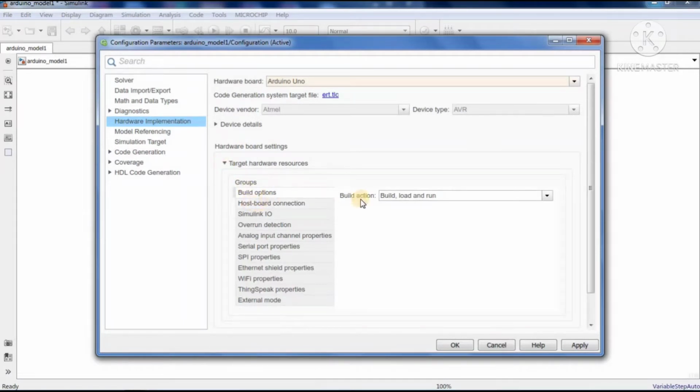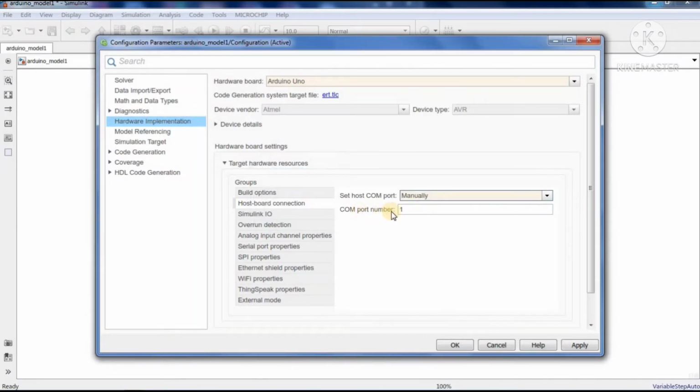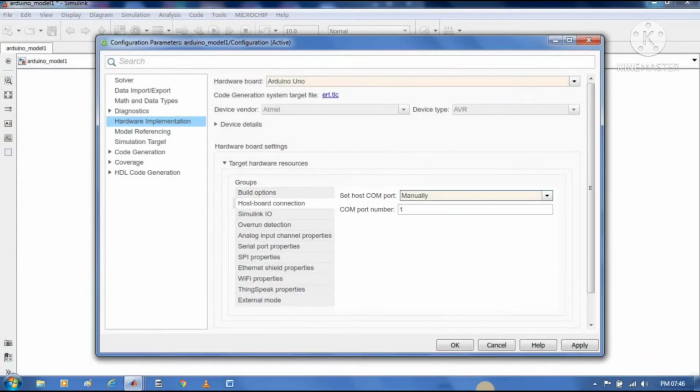Then in the Build options, the host board connection is automatic. Instead of automatic, choose manual and give the COM port number. Now your Arduino is connected through the USB cable to the laptop. Just check the port number. How to check that port number?